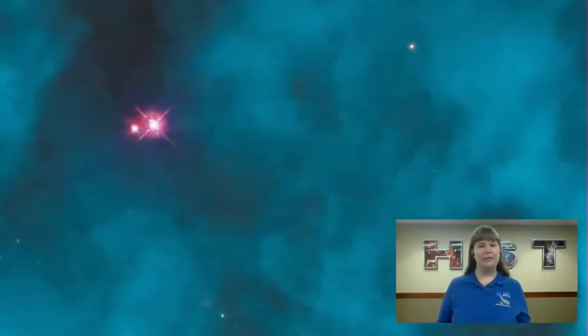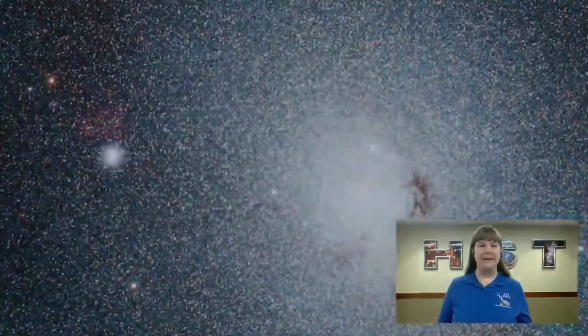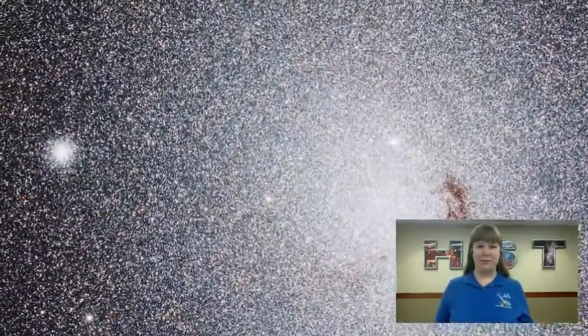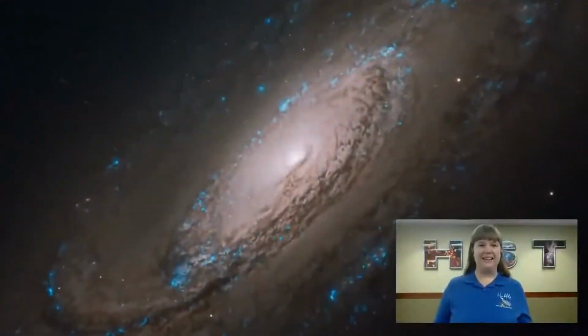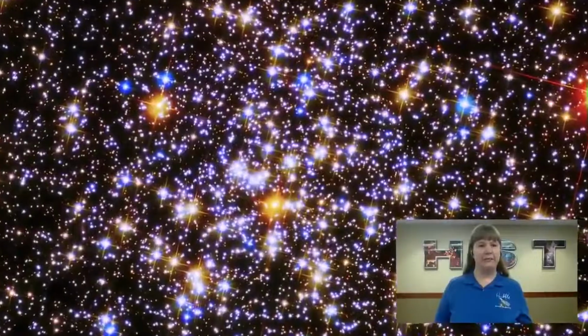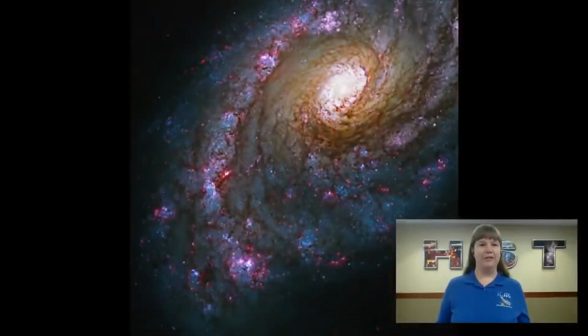And the collection was put together by a man named Sir Patrick Moore, a British amateur astronomer and science communicator, and he put the collection together for fellow amateur astronomers to have some targets to look at with their own telescopes. He found these objects interesting and wanted to share his list with others, and it was